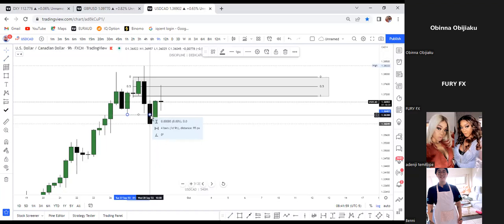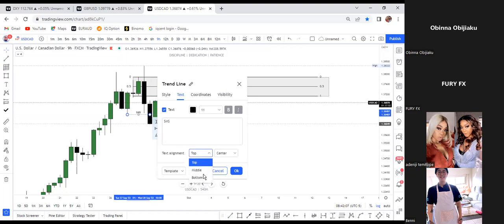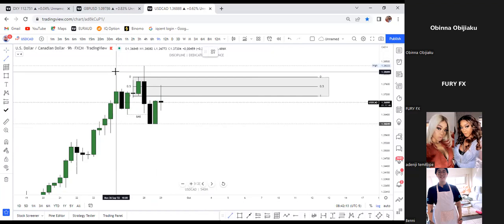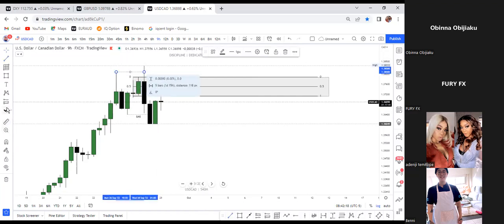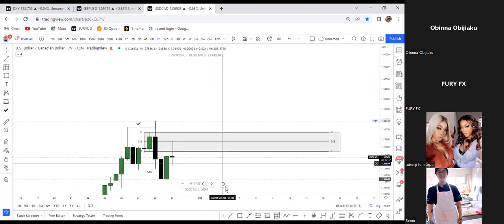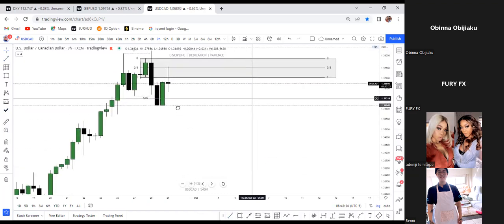Now, this demand area, we have a shift in market structure. A shift in market structure. Why? This demand zone was taken out. And not just that, we saw how this high was also, we see this top hunt right here. Now we know that overall we are bullish, we are going up to that monthly imbalance. But for now, we